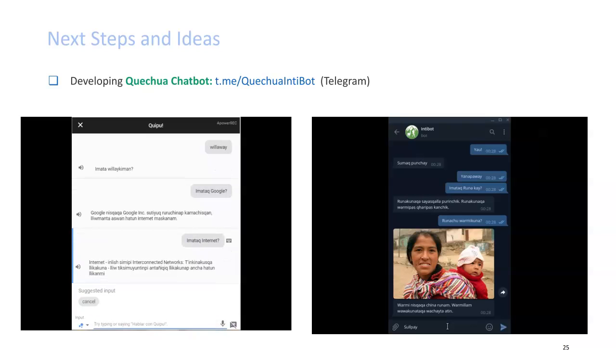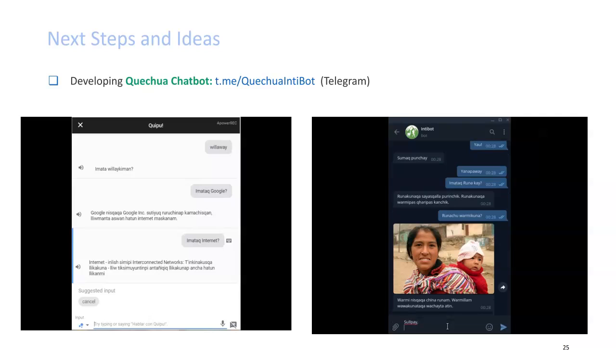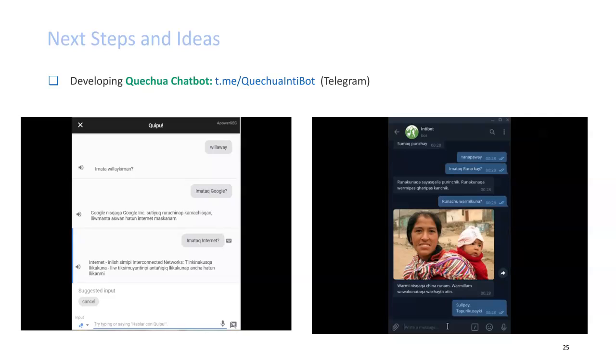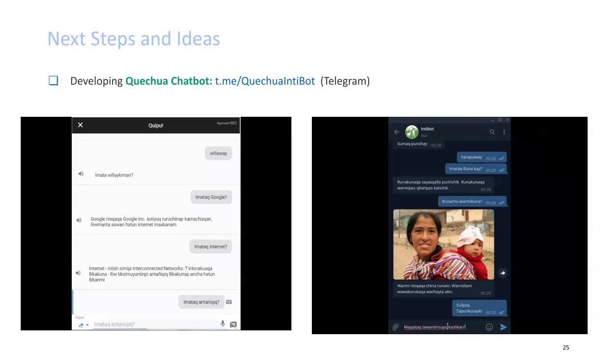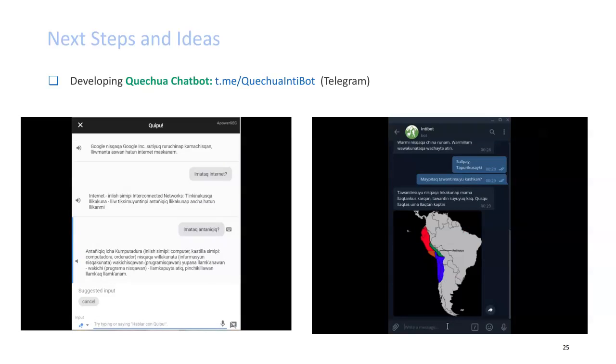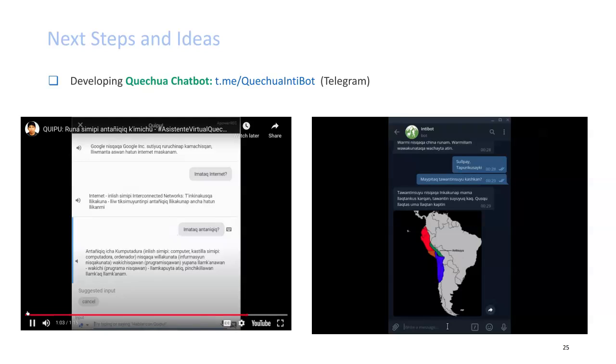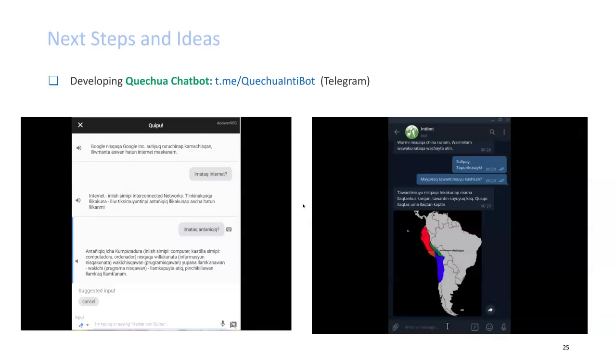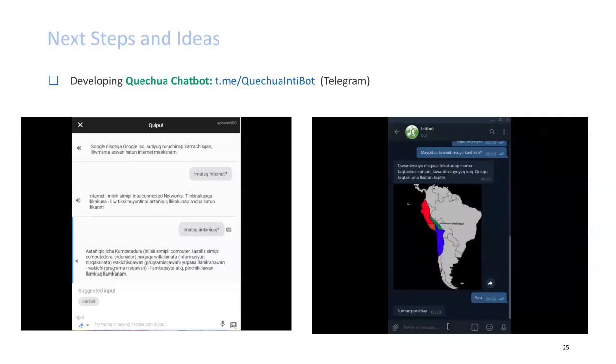Internet in Lis Simipi Interconnected Networks Tinkinapuska Yikakuna Yiftiximuintimpi Antanyikik Yikakunapan Chahatun Yikanmi. Antañiquiqui cha computadora, in Lis Simipi, computer, Castilla Simipi, computadora, ordenador, Niskaka Welakunata, información Niskakunata, Wakichiskawan, programiskawan, Yupana Yamkanawan, Wakichi, programa Niskawan, Yamkapuita Atik, Pinchikilawan,